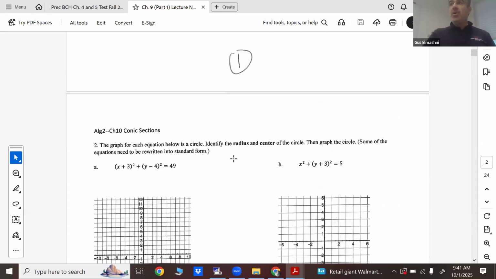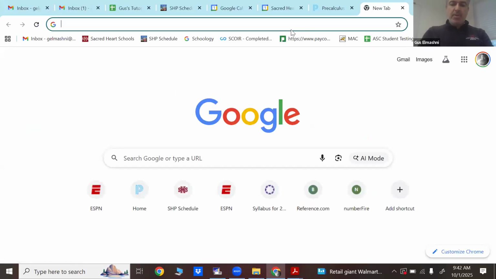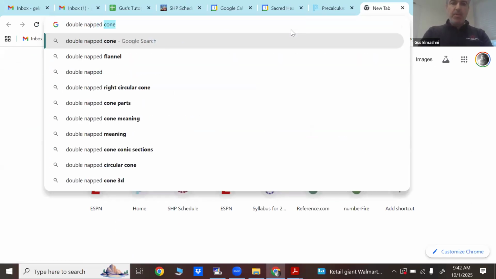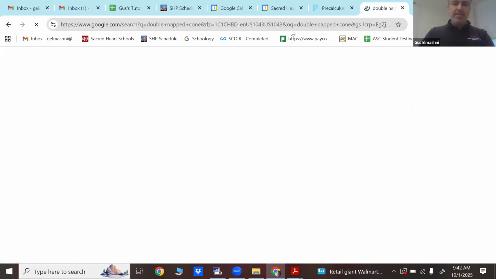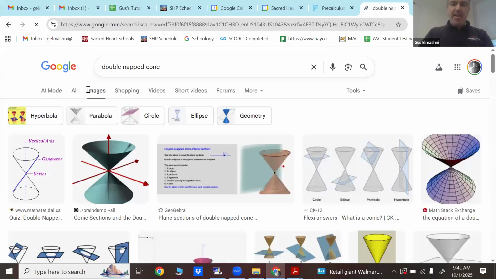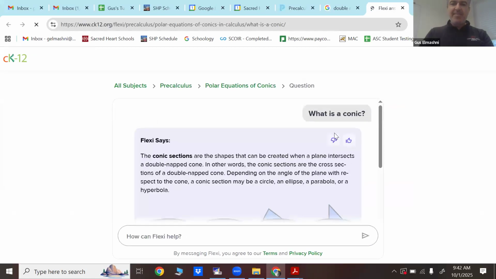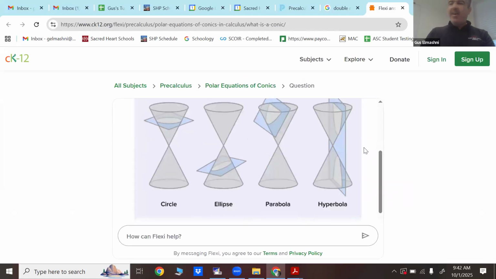So that's the new unit. It's called conic sections, and I should have been better prepared, but I'm going to just do a quick Google image search. There we go. Ah, perfect. That's exactly what I wanted. Look at that. Okay, got lucky there. All right, that's a great image. Okay, so what we're working on this unit,